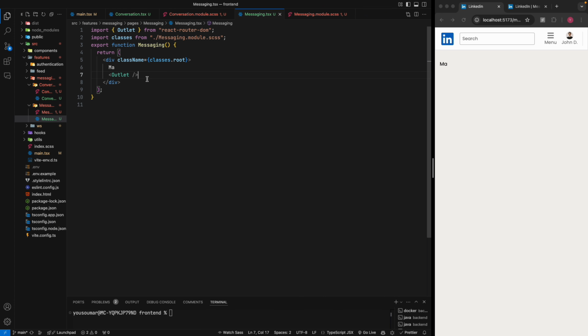So I'm going to come back here to the messaging. What we will be having, for now I'm going to remove that, and we'll be having at the top. Actually, let me paste the markup so that you don't watch me type it. It's going to be a waste of your time. So I'm going to paste the markup here